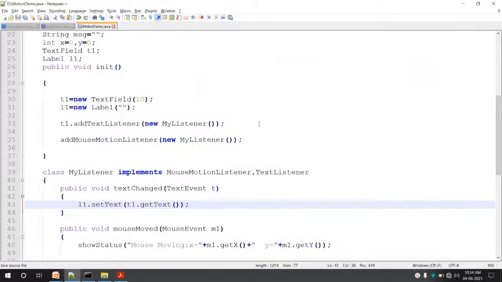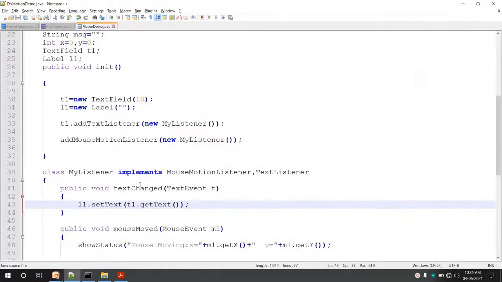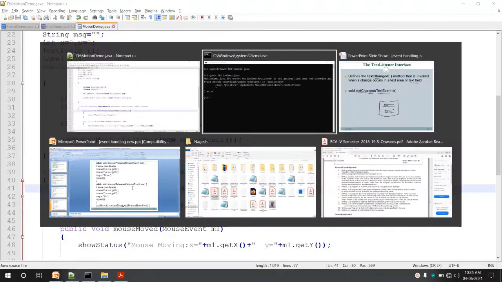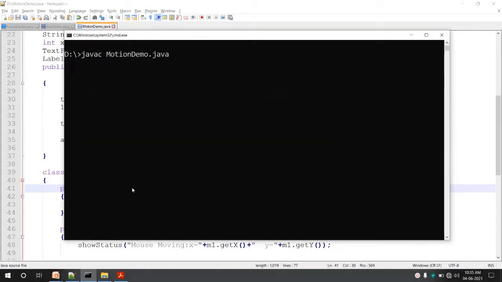The method is not textChanged, but it is textValueChanged. So there is a mistake with that. In the PPT also we need to make a correction there. The method is textValueChanged, not textChanged. Okay, let us compile it again and check.